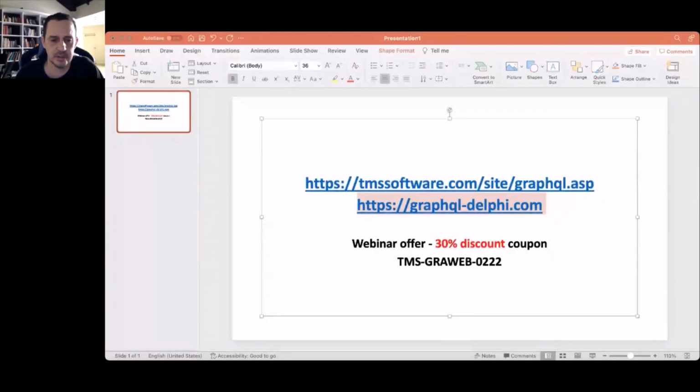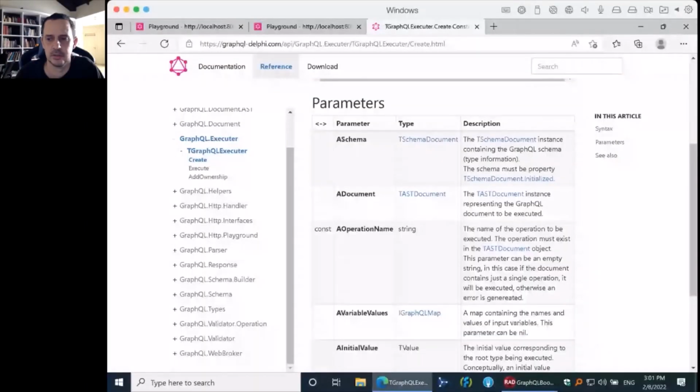Let me open it here. Do you see my Delphi again? Okay. Here, it's available from GetIt.